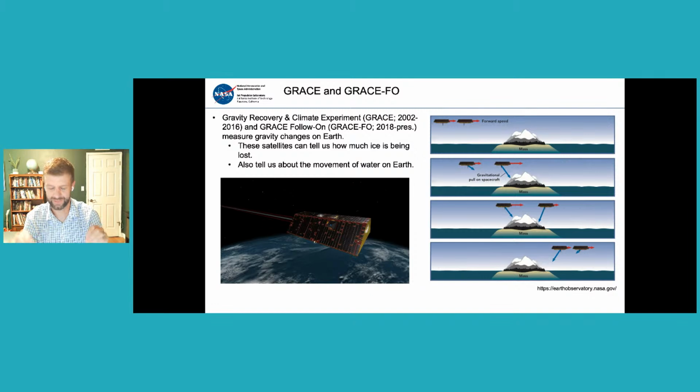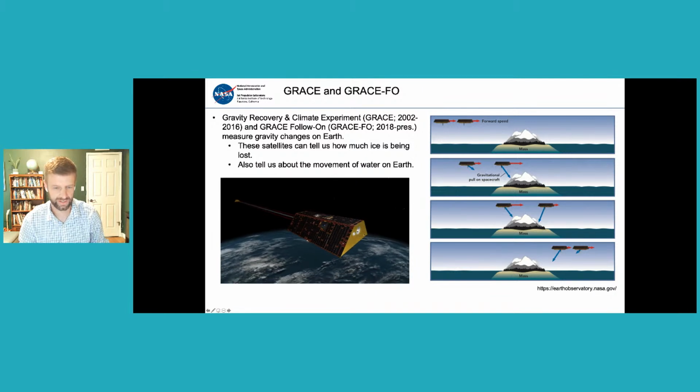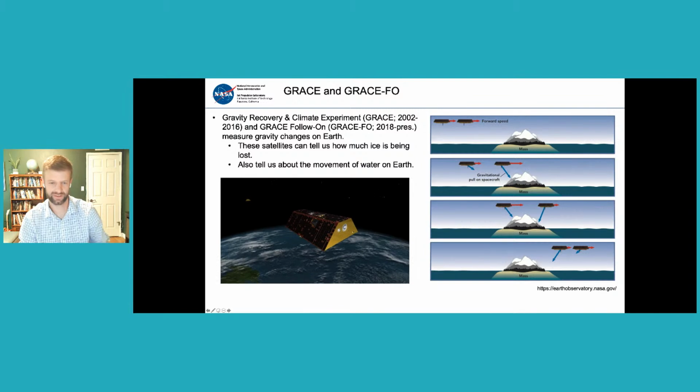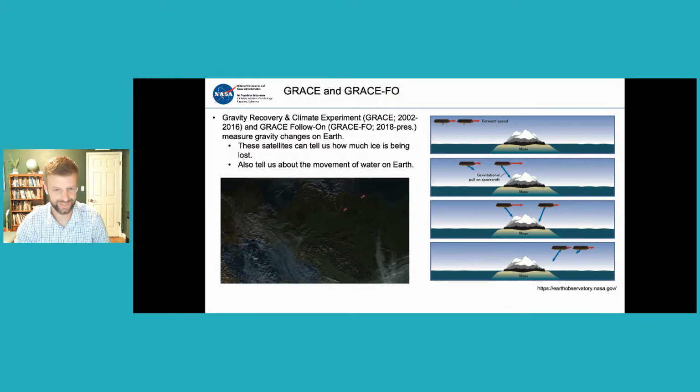From that distance measurement, we can then infer the actual change in mass or change in gravity here on Earth with some, I don't want to make it sound like an easy process, but with some equations and algorithms, we can make that computation. So I have a video that shows this. So you can see what these look like. It was noted in a previous presentation that these also look like little houses. Again, that's not intentional. A lot of our satellites don't look like that, but these two particular ones do.